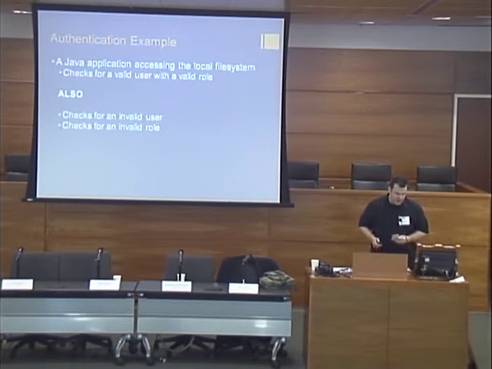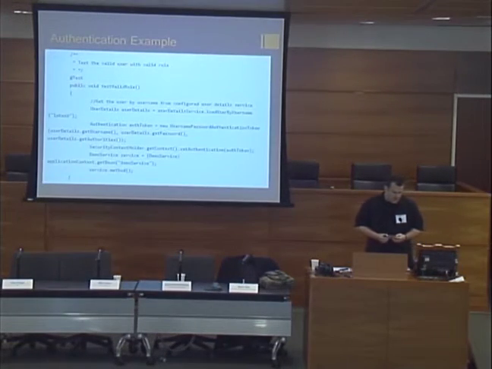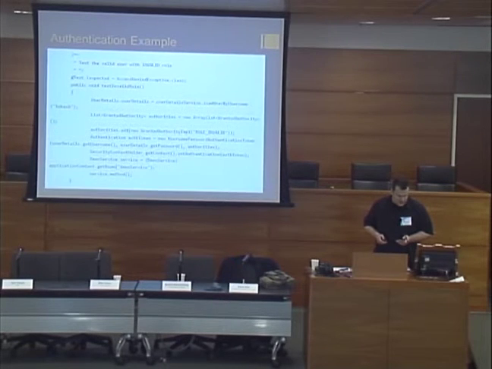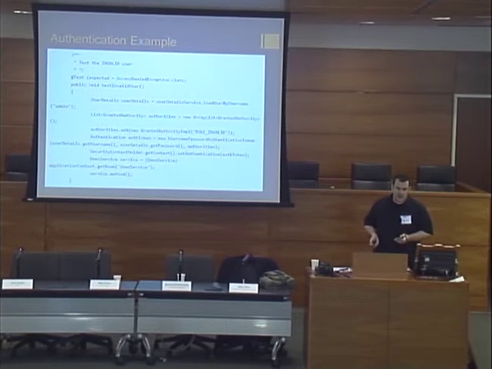And so here's a code example. This is something that you could put in as a test. This tests if the user is valid with a valid role. This is a Spring example for Java. And then this tests if it's an invalid role, and this tests if it's an invalid user. So if any of those tests fail, it will be denied, as opposed to just one succeeding and it going ahead.